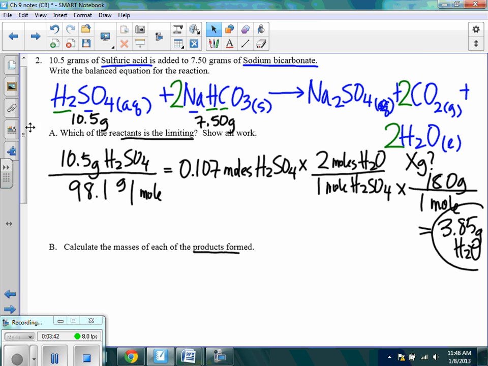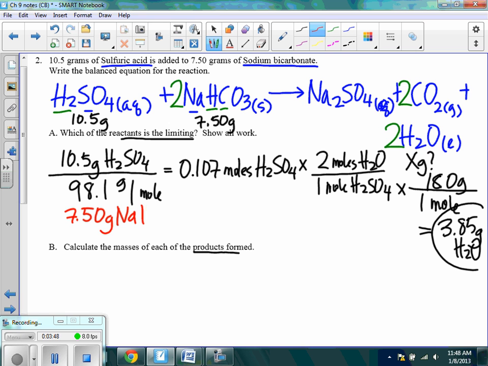Now I need to do the same thing with my 7.5. So I'm going to do 7.5 grams of my sodium bicarbonate. Same thing, divide by the molar mass: 1 sodium, 1 hydrogen, 1 carbon, 3 oxygen. Add that all up and I get 72 grams per mole. Do the math and I get 0.104 moles of